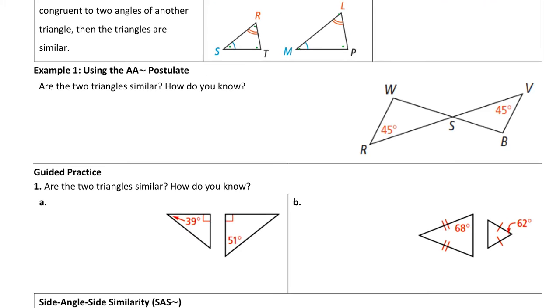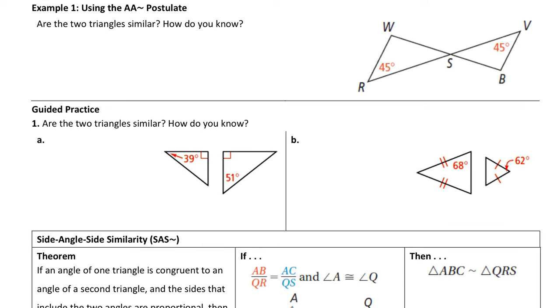So in example 1, we are going to determine whether these two triangles are similar and how we know they are similar. So the first thing that we see is that angle R and angle V are congruent because they're both 45 degrees. The next thing we can say is that WSR, this angle, and VSB are congruent because they are vertical angles. So we can say that, and I'm going to be careful with how I name this, we can say that triangle RSW, so I'm going to start at the 45 degree angle, is similar to triangle VSB